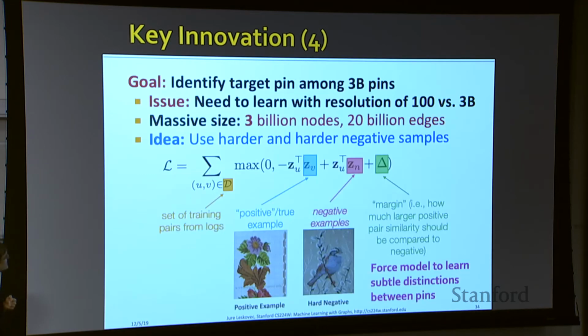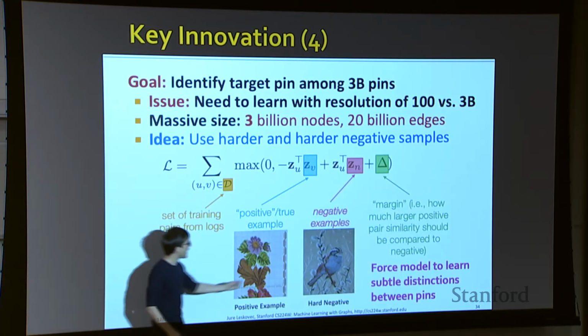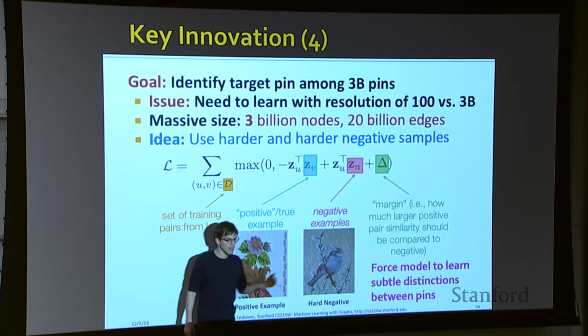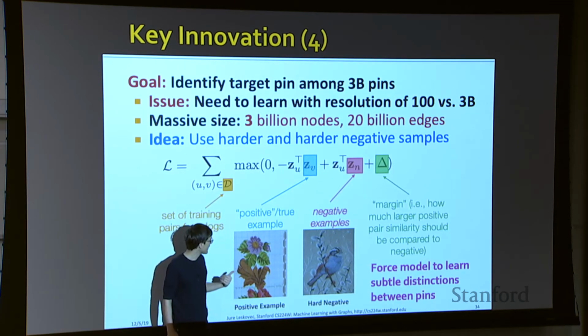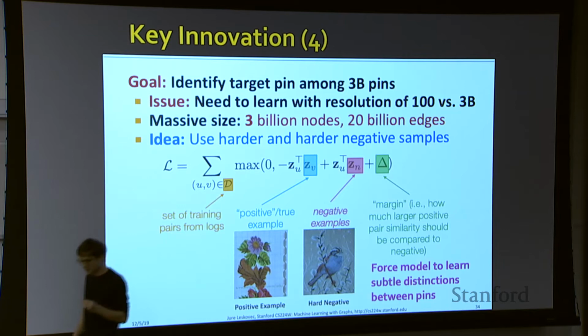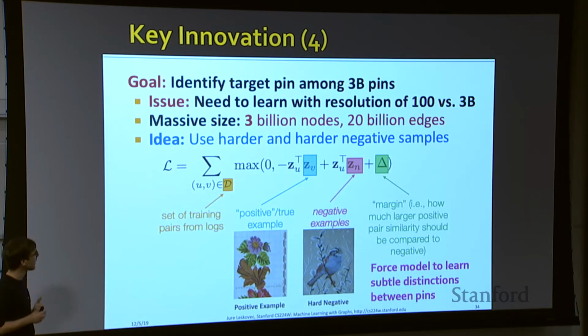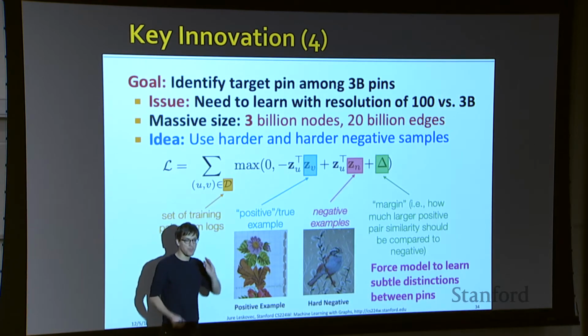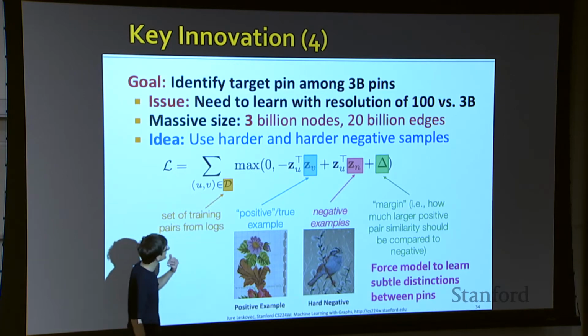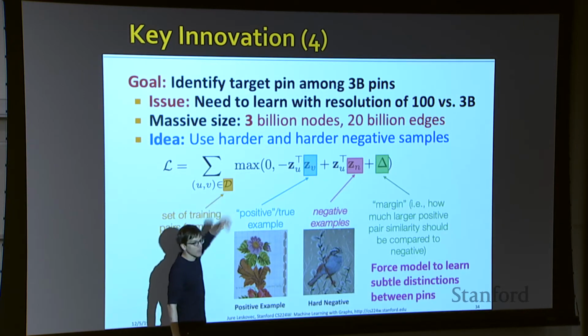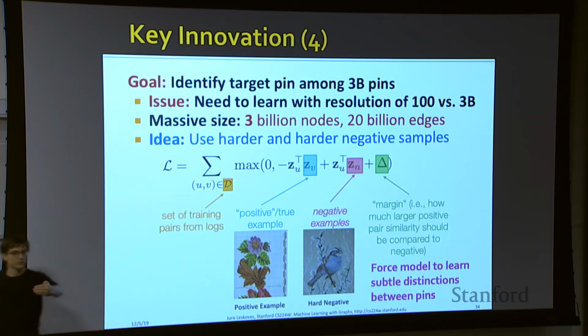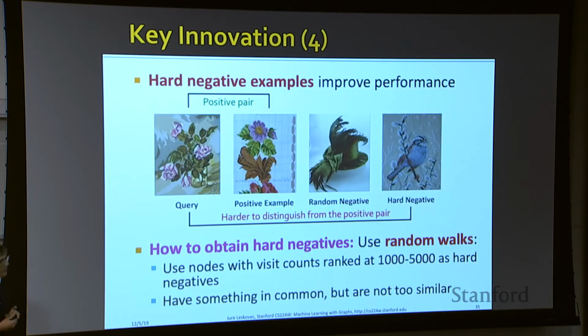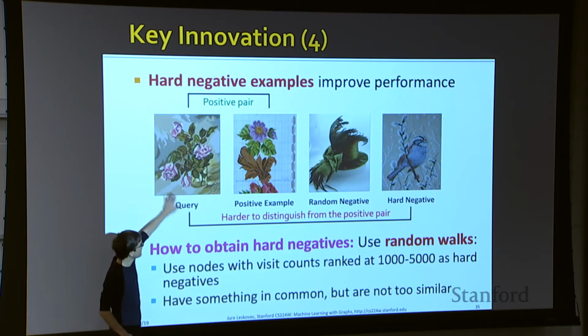So the idea is to come up with this notion of hard negative examples, right? So that early on, we are able to use negative examples that are easy, but as the training progresses, we will be using harder and harder negative examples. And this will force our model to learn better and better. And as I said, why do we care about this? Because we only care what are the top 100 closest pins out of the 3 billion, and the rest we don't care about. So the idea will be, right, if this is my query, and I know this is a